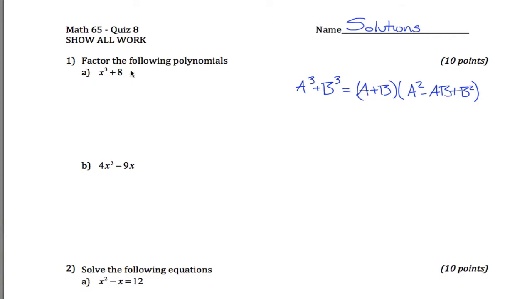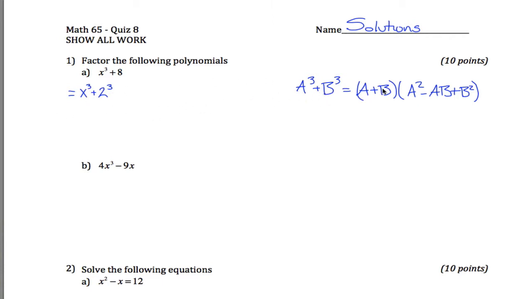And so really what you have to do is look at this and recognize that I have a sum of cubes. X cubed is x cubed, and 8 is 2 cubed. So you have some options on how you write this up, but one way is to say what this question is asking is what is x cubed plus 2 cubed. And you look over here and you're like, well, if it were a cubed plus b cubed, I know the answer. But it's x cubed plus 2 cubed, so the a is x and the b is